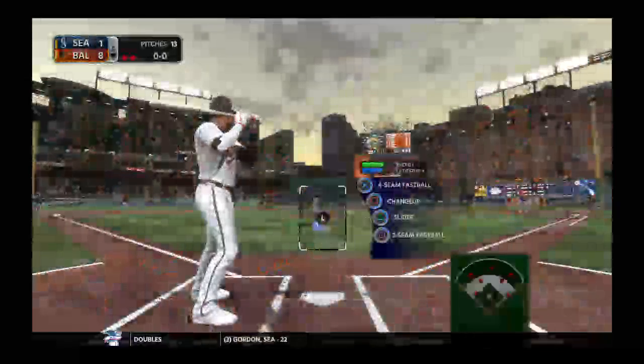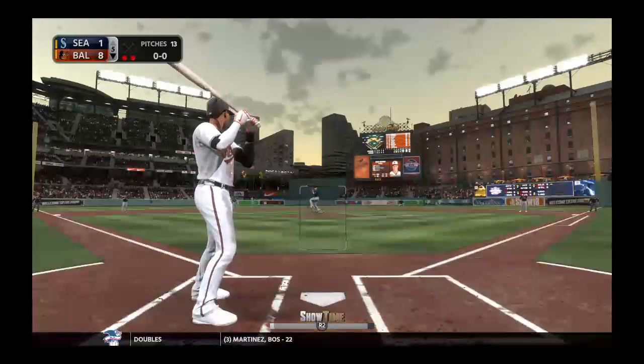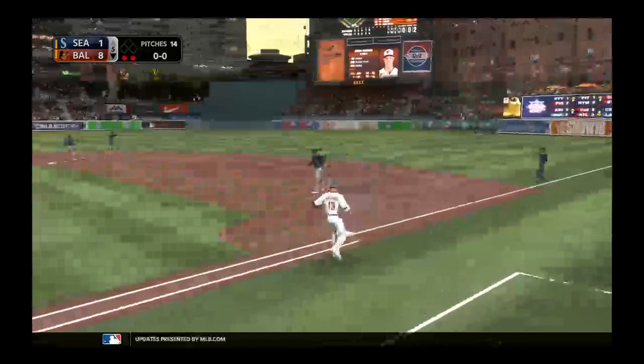Striding in once again, Manny Machado. He's 2 for 3 thus far. He's set and the pitch. Hard liner to center field. And he'll get there in plenty of time to put this one away, and that ends the inning. Another good inning for the...